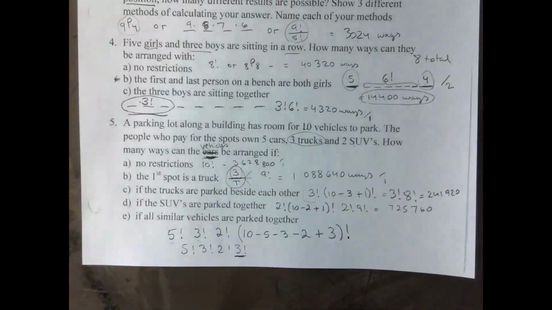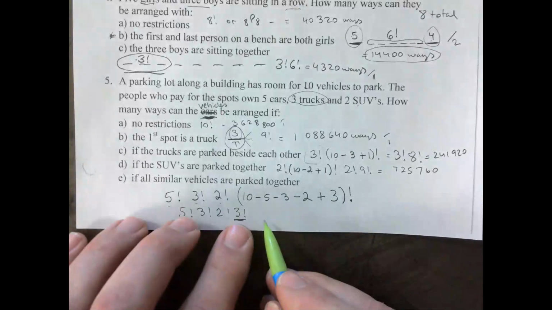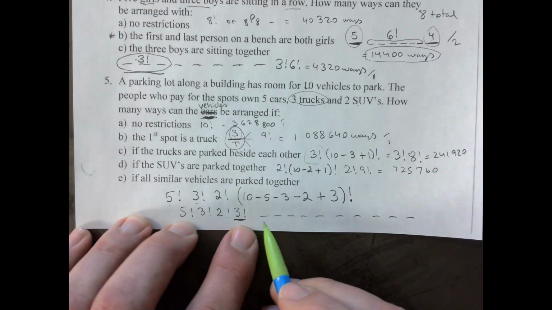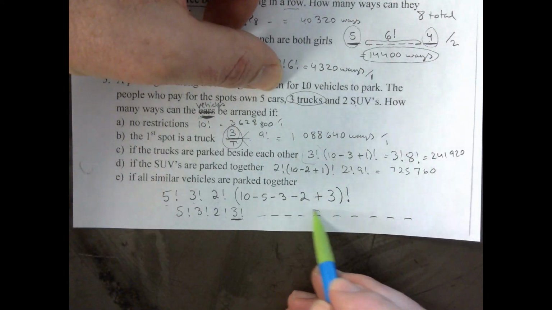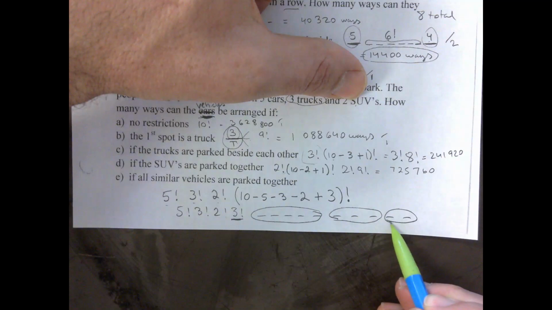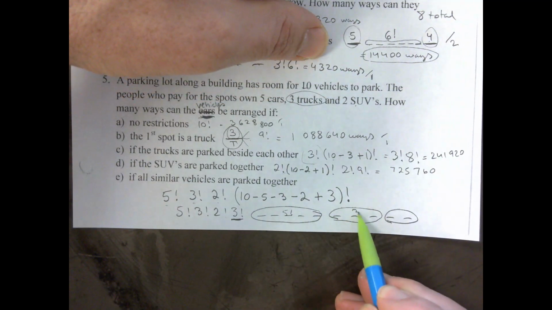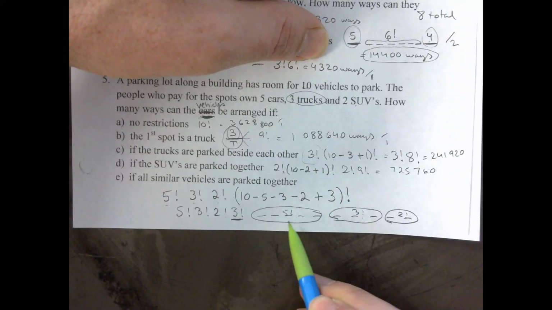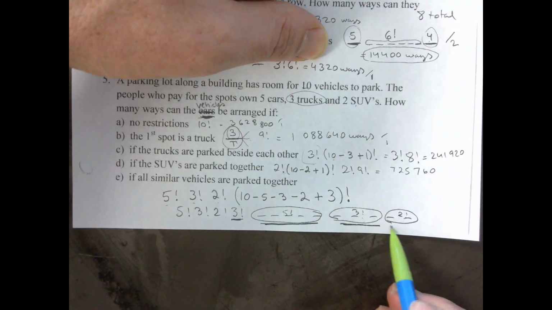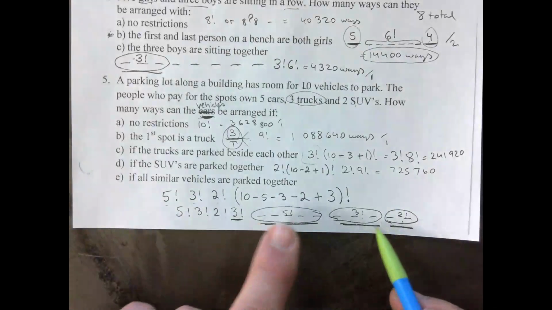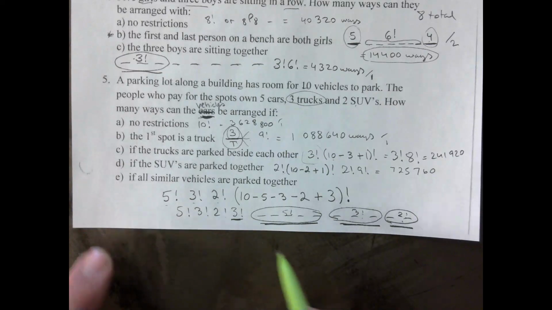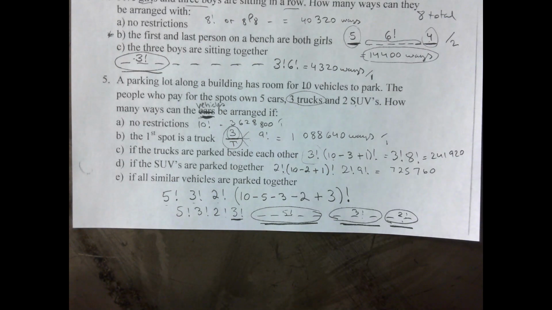Oh, you can't see that part, hold on. Let's just show here what's happening. 1, 2, 3, 4, 5, 6, 7, 8, 9, 10. So you've got your 5 cars. You've got your 3 trucks and 2 SUVs, right? So you've got 5 factorial, 3 factorial, 2 factorial. So within the group, you can mix them up. And then zoom out. You've got 1, 2, 3. That's like zooming out, you have only these 3 pieces to move around. That's where that 3 factorial comes from. Your final answer is 8,640